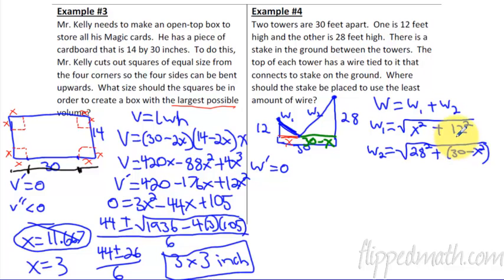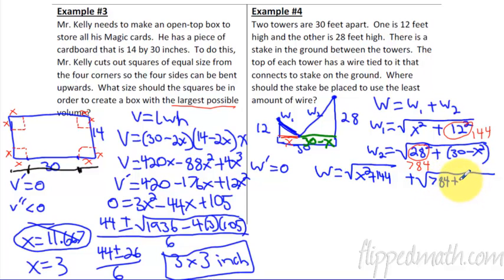Now 12 squared is 144, so you could write this as 144 if you wanted. And then the 28 squared, I've got my calculator here on the side. What's 28 squared? 784. You could write it like that if you want to save ourselves some time. Okay, so now we set up this plus this, so let's write that whole thing out. So the total amount of wire is going to be the square root of x squared plus 144 plus the square root of